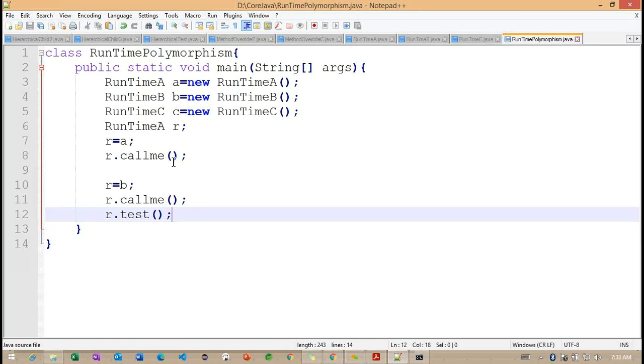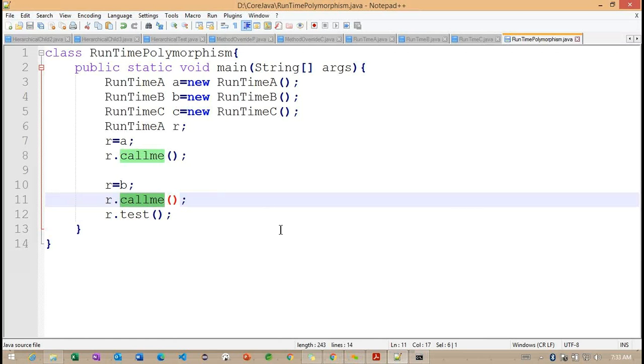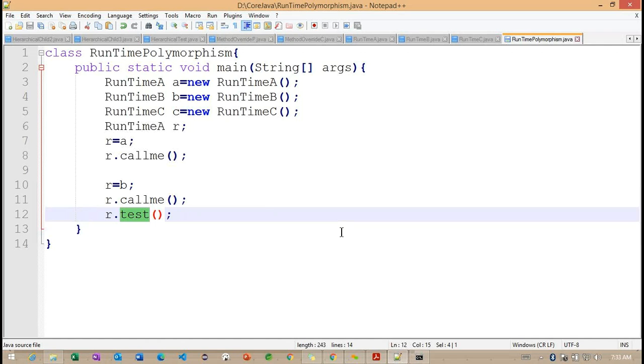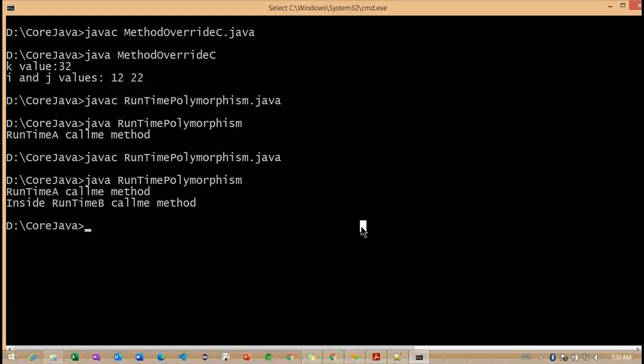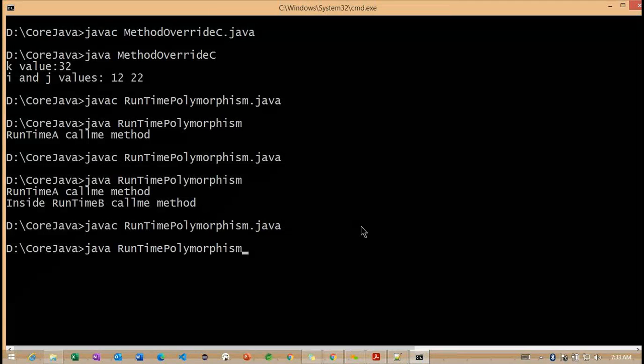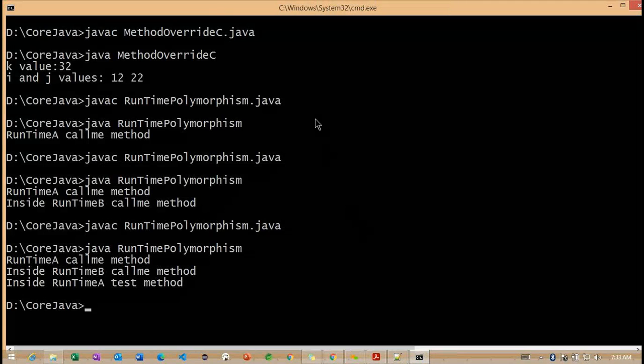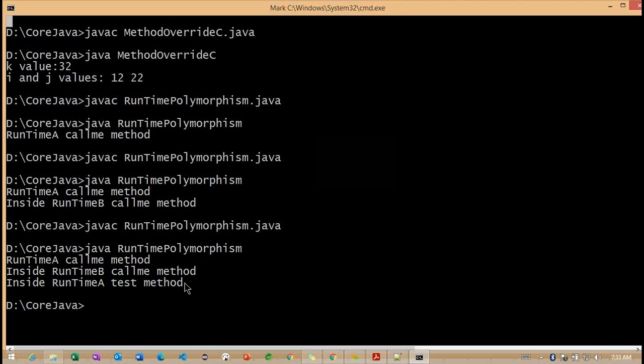So you need to understand carefully. Call me we identified here, and test we are going to check. We are not getting any compilation error. Now you can observe the test method is calling from the runtime here.